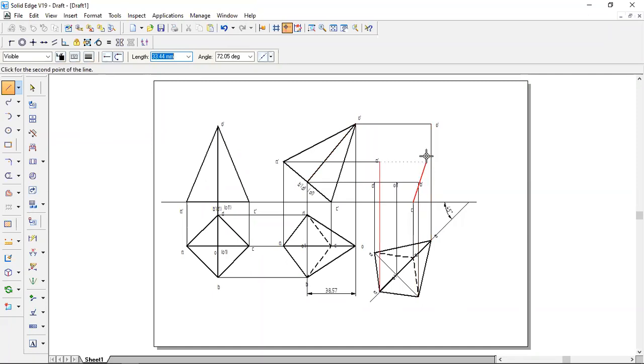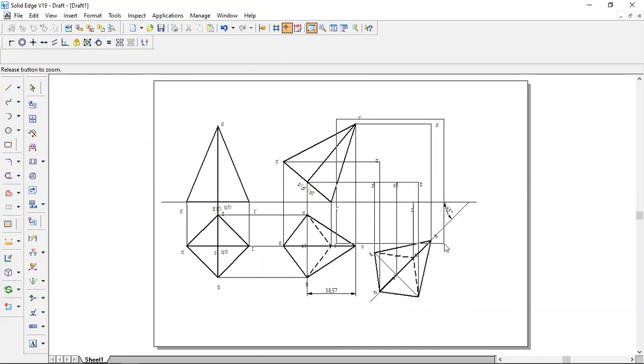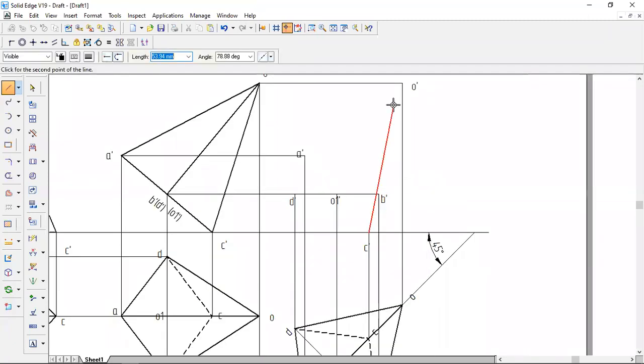Whether B comes on the line or not, you need to see by joining to O. So if you look at this, see this B is coming to the right side of this. It means that it is an outer view. It is a boundary view. So from this, join to O dash, and then this A dash, then D dash. Okay, then D dash to C dash. So I have drawn the outer view.